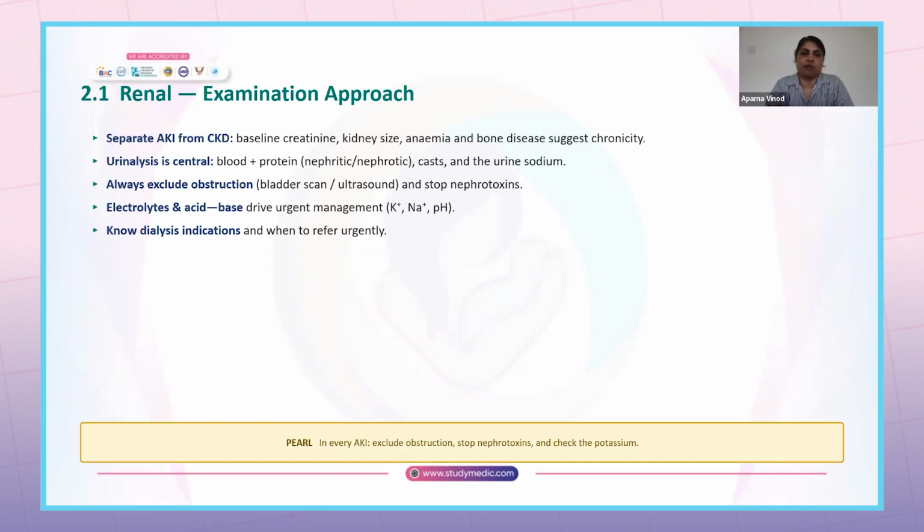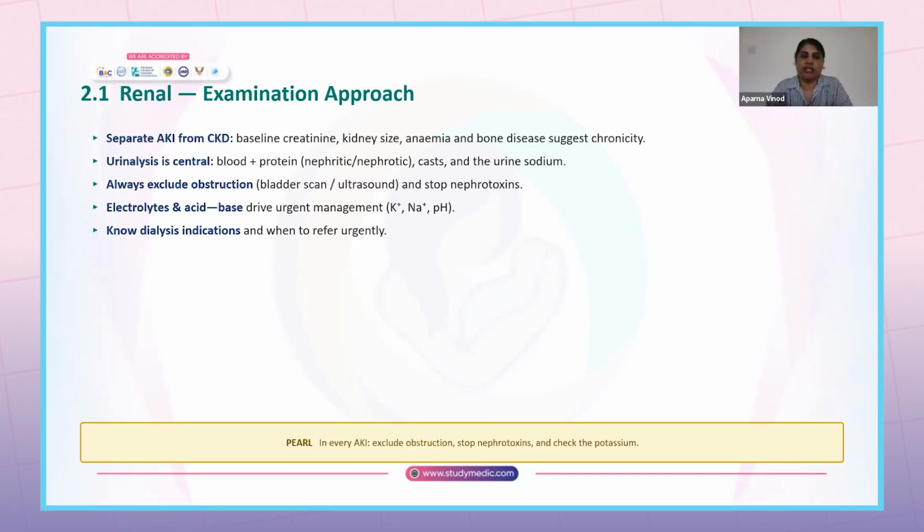So, examination approach. Always try to separate AKI from CKD using the baseline creatinine. Kidney size will be small in chronic kidney disease, and anemia and bone disease, all this will indicate chronicity. Look at urine analysis. Look at blood and proteinuria, casts, and urine sodium, which will again help you in the